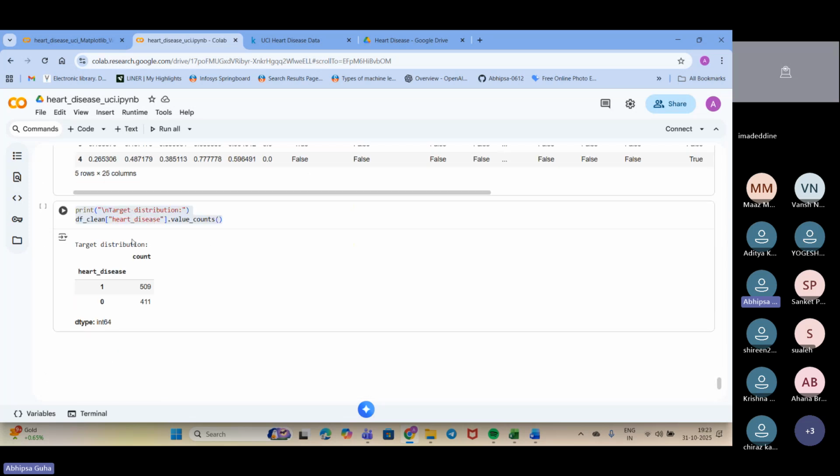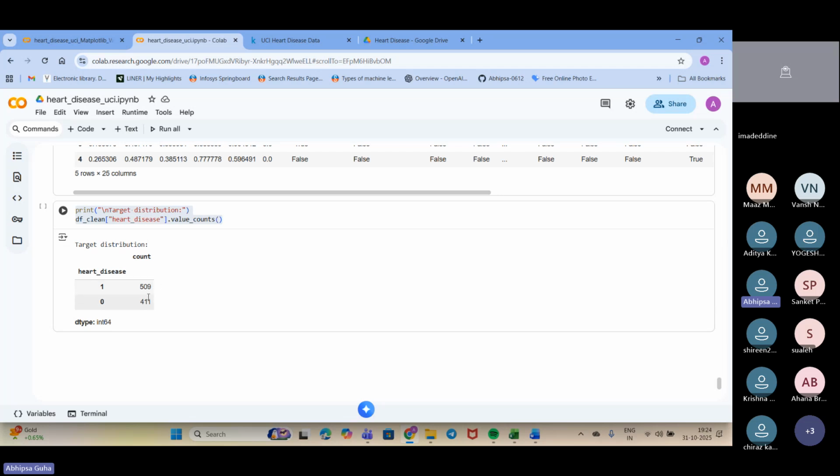Now I'll see my target values and their counts. For 1, anyone having heart disease, it is 501. For anyone having no heart disease, it is 411.